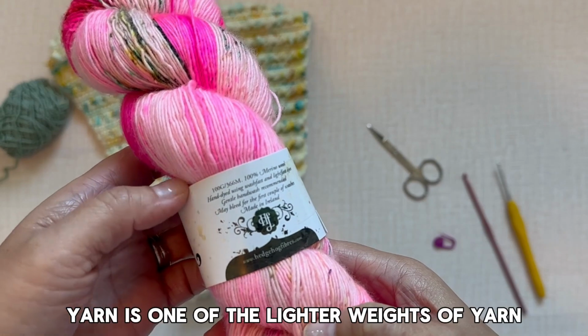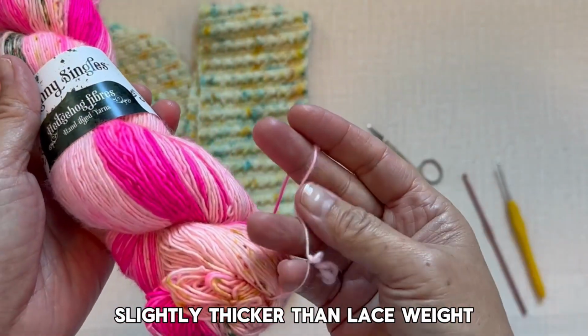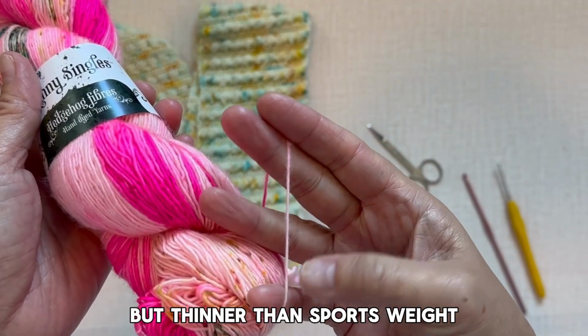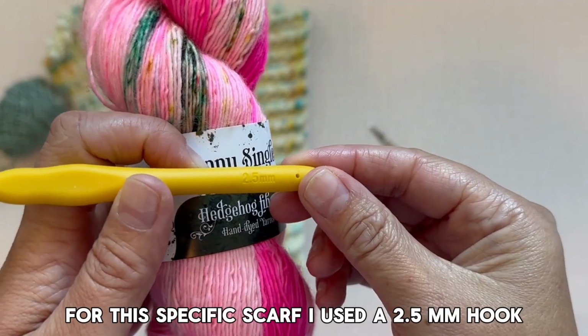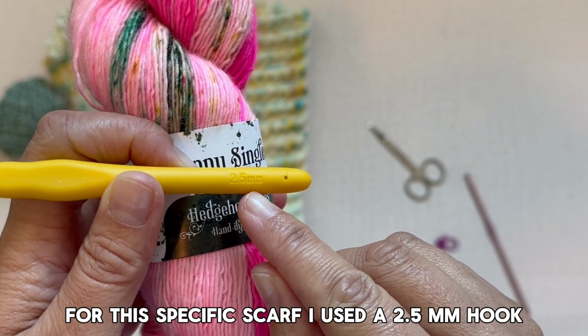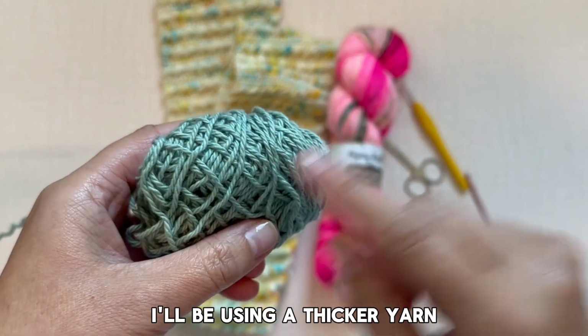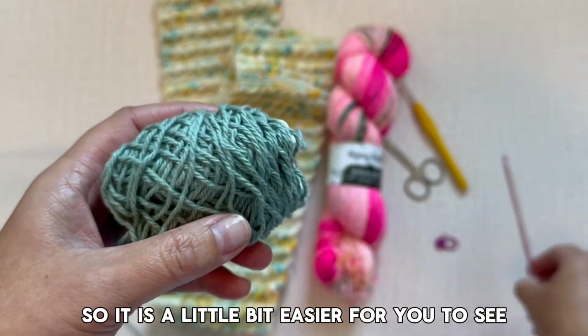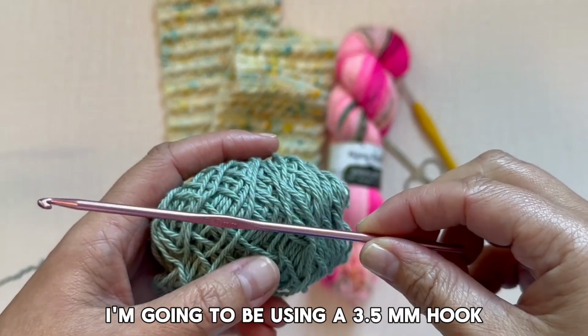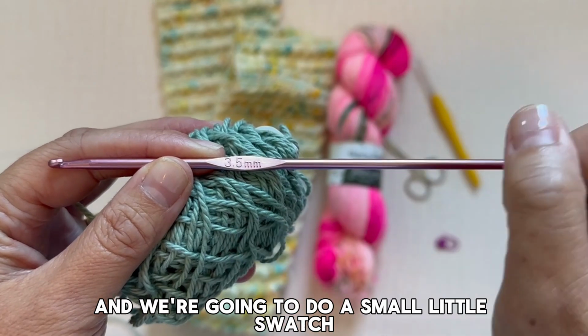Fingering weight yarn is one of the lighter weights of yarn, slightly thicker than lace weight, but thinner than sport weight. For this specific scarf, I use a 2.5 millimeter hook. For the purpose of the tutorial, I'll be using a thicker yarn, so it is a little bit easier for you to see. I'm going to be using a 3.5 millimeter hook, and we're going to do a small little